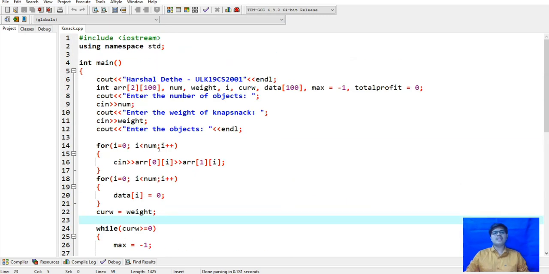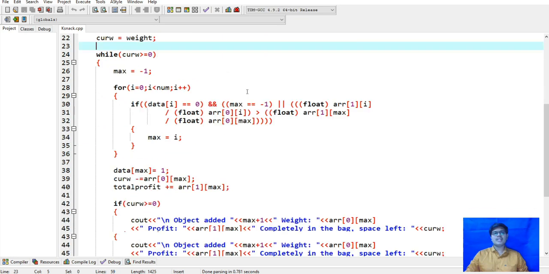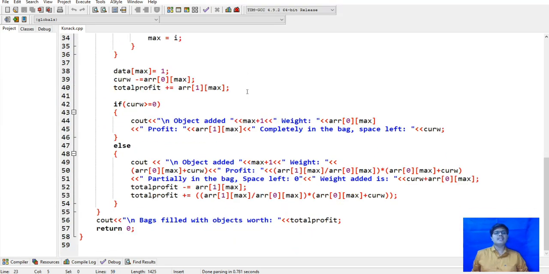Here is the for loop, it will enter one by one, two arrays will be there. Then it will print that. Afterwards it will print the profit entered by the user, and if the bag is completed, it will show the bag's remaining weight, or the space left.